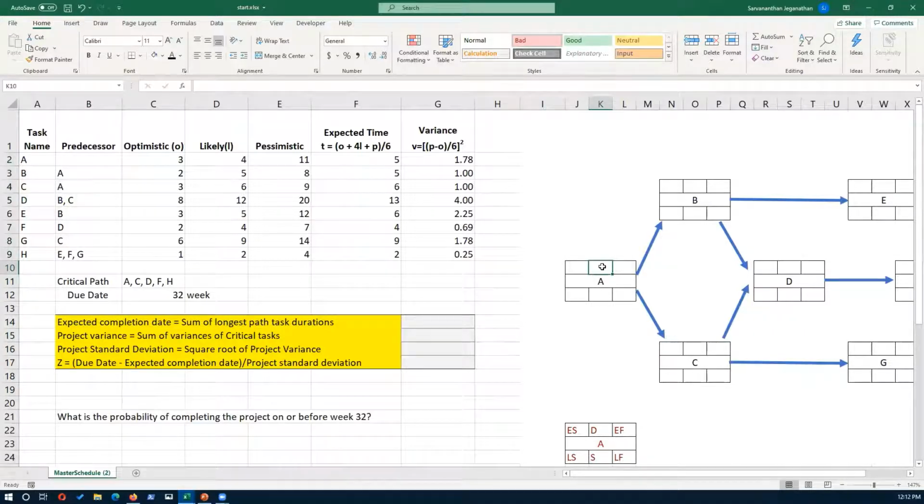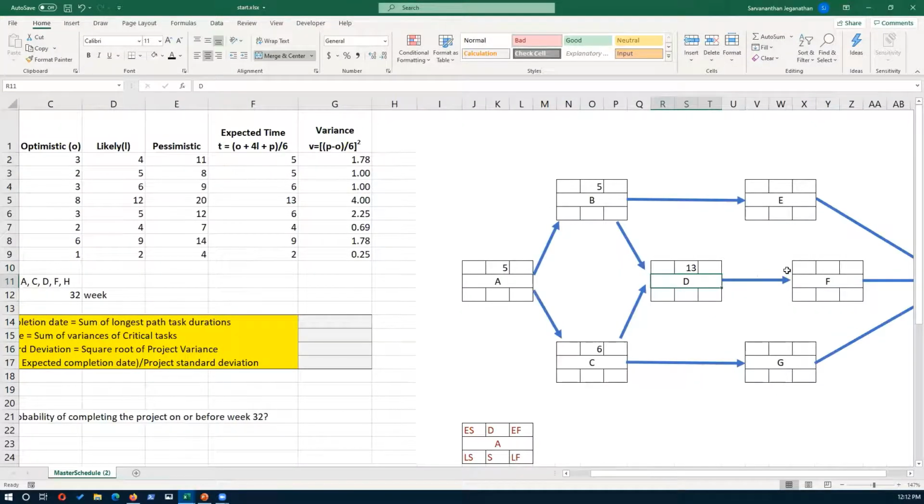So A duration is expected time here 5, B is 5, and then C is 6, D expected duration is 13, and E is 6, F is 4, G is 9,